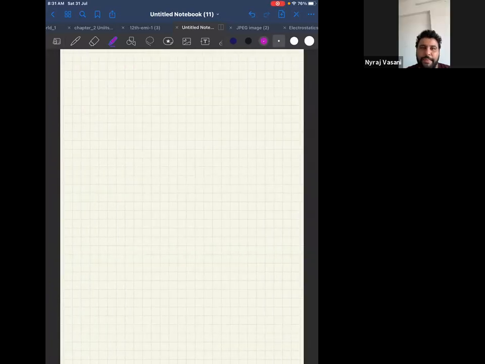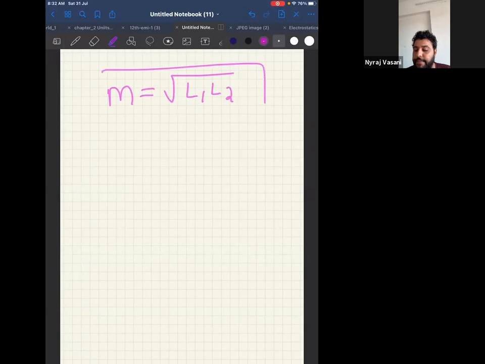Now one last topic. I will just take the last 5 minutes, then I'll leave you guys. Listen to this. When two coils are linked together, the overall mutual inductance will be M is equal to square root of L1 L2, where L1 is the self-inductance of the first coil and L2 is the self-inductance of the second coil. This topic was there, removed, again introduced, again removed. So you don't know whether it is there or not, but to be safe, please remember this formula.